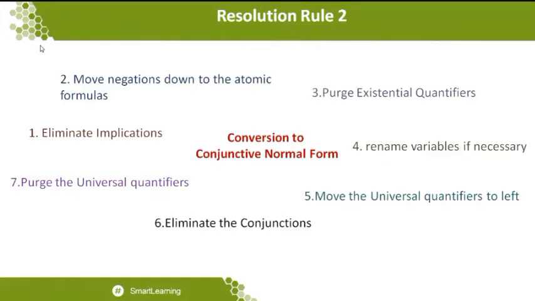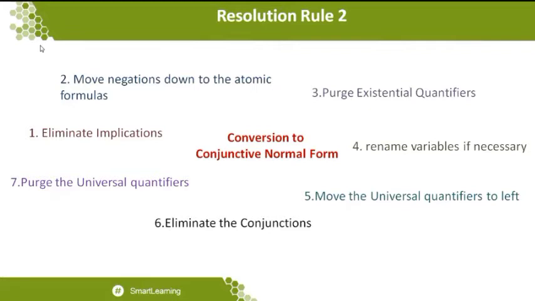And I already told you that renaming of variables can be done with x, y, z, and so on. Suppose multiple statements are available, at that moment you can take x1, x2, x3, so that you can go for substitution, deciding what constant is going to be substituted in the place of x1, and what is going to be substituted in the place of x2, and so on. So this is the fourth step you want to identify when you convert the given first order logic statement to a conjunctive normal form.